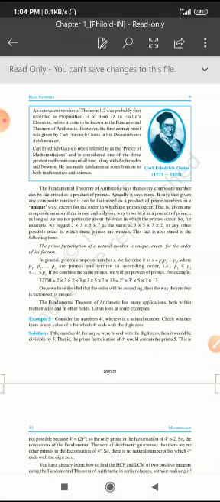See, look at example 5. Consider the number 4 power n, where n is a natural number. Check whether there is any value of n for which 4 power n ends with 0. Here he is asking to find whether 4 power n can end with 0. If any number ends with 0, what is the condition there? It should be either divisible by 5 or divisible by 10.